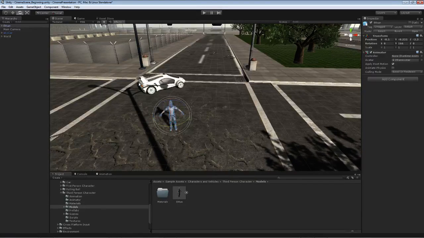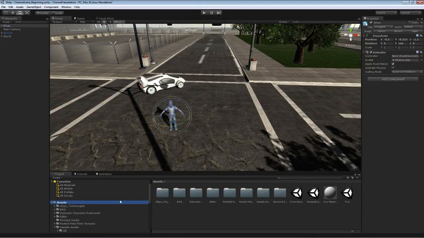So here I have Ethan. He's positioned where I want, he's rotated where I want, and he has this animator component on him. My animator component takes a few different things. It takes a controller, which is an animator controller, which is actually a state machine that sort of drives this whole thing. It creates an avatar for me, so I didn't have to make that avatar, it just handled it for me, which is really nice. Apply root motion means that the root motion of the animation itself is going to drive Ethan, so I don't even need to worry about moving Ethan. I'm just going to apply animations that have root motion built into them, and he's going to move around, right,